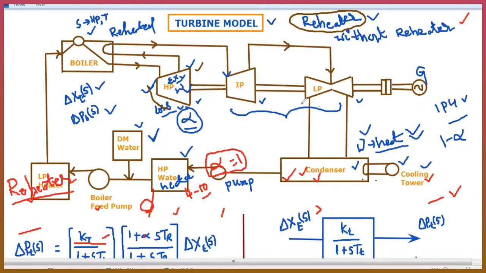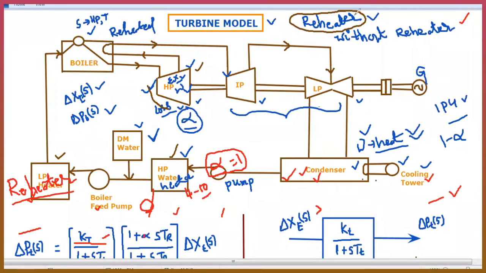And from the LP stage, after work is done, the steam is allowed to the condenser where it will be condensed into water, but that water has some heat. That heat will be removed by allowing it through the cooling tower, where that particular water is cooled down sufficiently, and that water is circulated to the boiler, but on the way to the boiler it is heated again. So there are HP heaters and LP heaters, because if the water is heated before entering the boiler, then the boiler efficiency will be increased. That's why we heat on the way to the boiler.